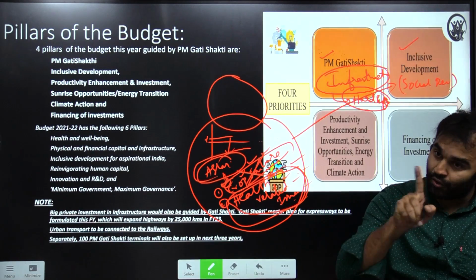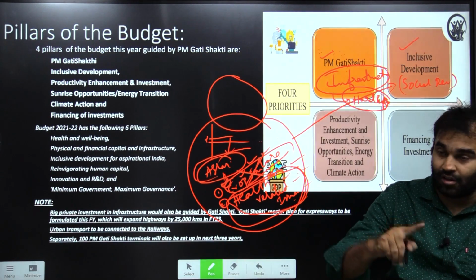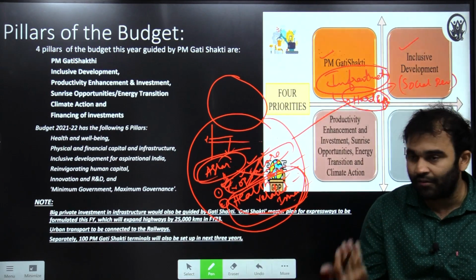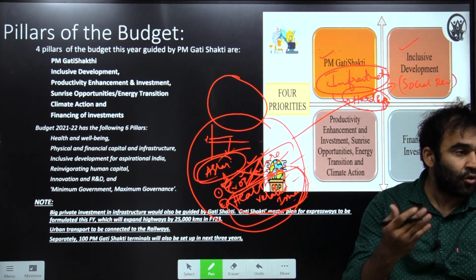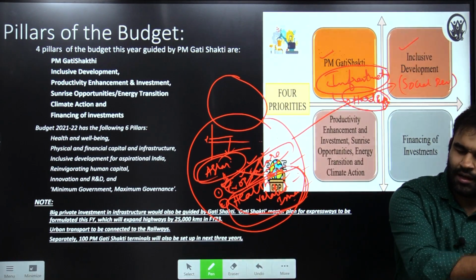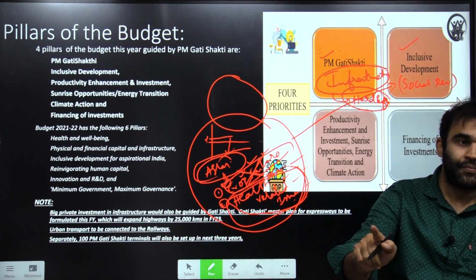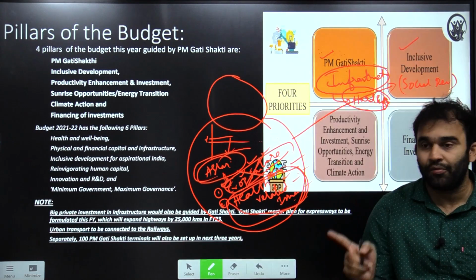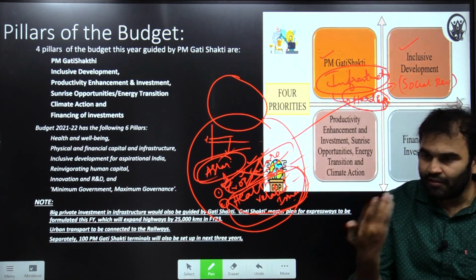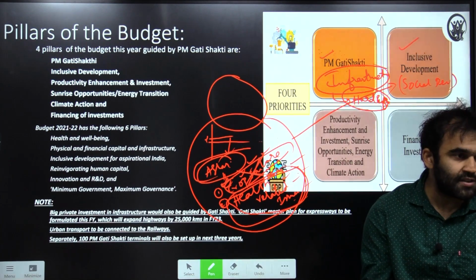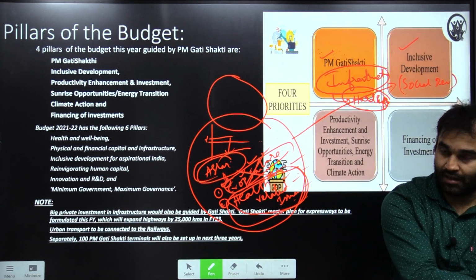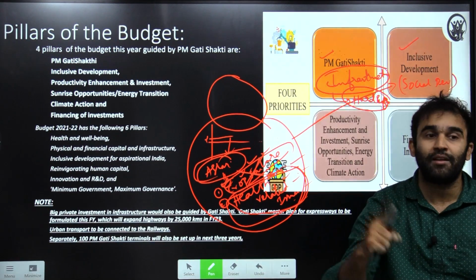And it was also during the time of COVID that all the stock markets of the world gave a bull run. By now you know what's a bull, what's a bear. So during the time of COVID, stock markets entered a bull phase. Generally, who invests in stock markets? It's the rich. So during COVID, it's the poor who were hurt the most and it's the rich who made the most.